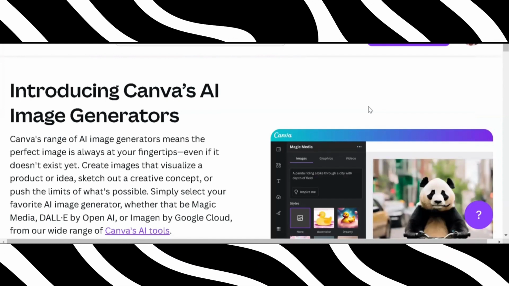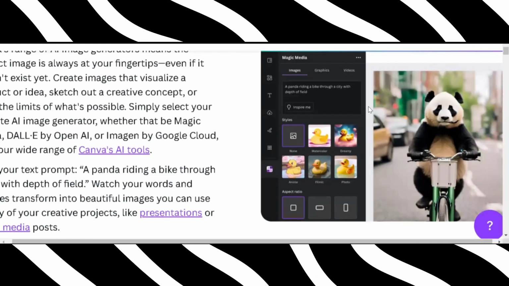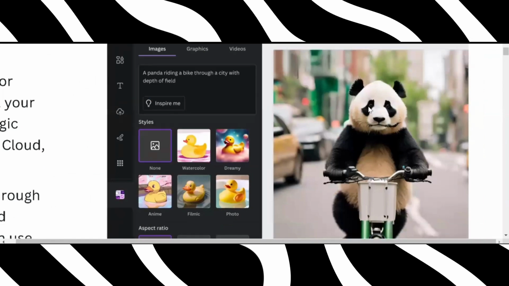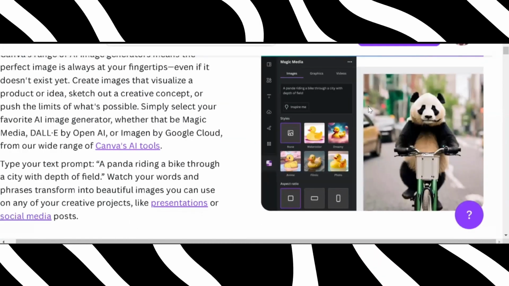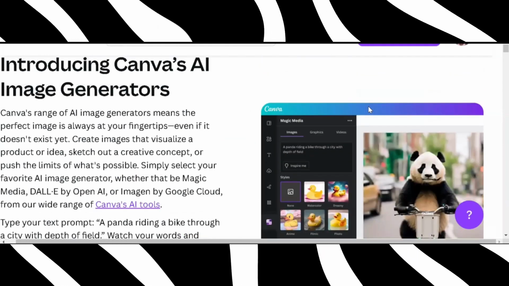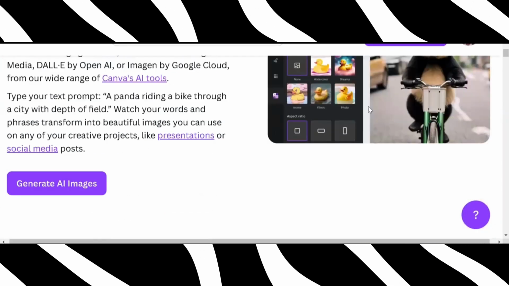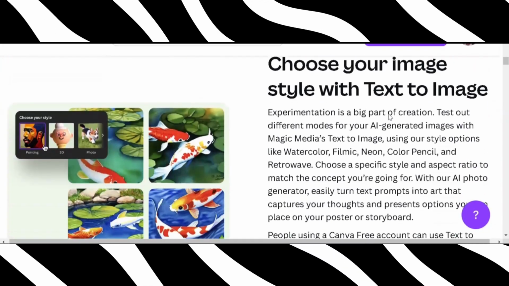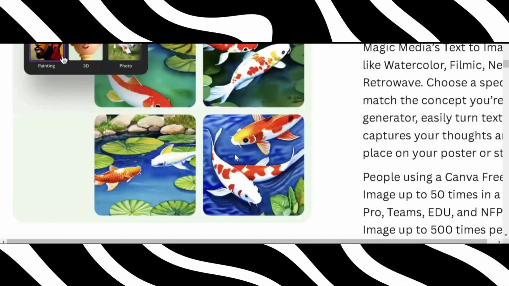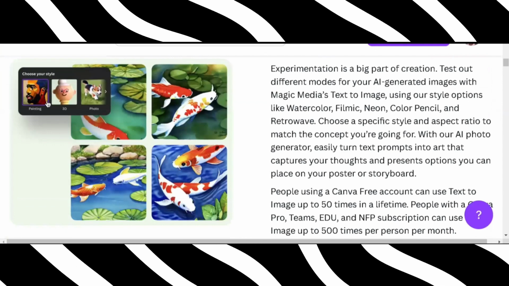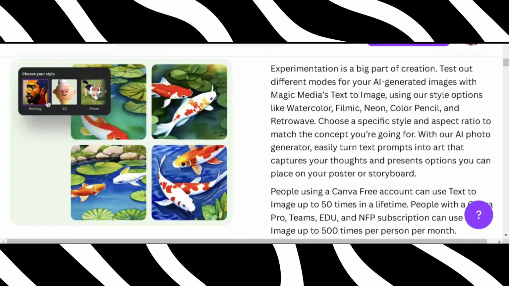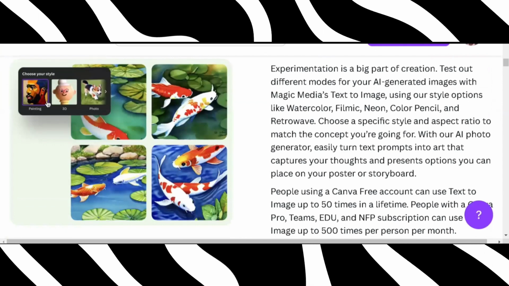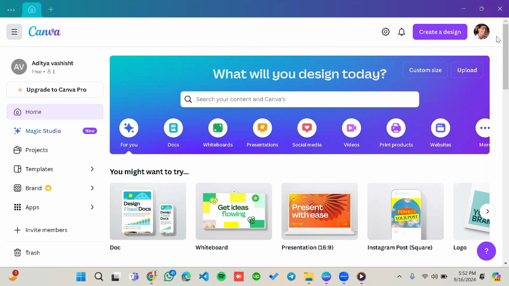But let's go through some of these features and why you would use this AI image generator. To give you some ideas, here's what Canva says. You can generate an image that you can't find in its library of images and media. You can also use it to visualize a new concept or ideas to test and experiment quickly. You can also create truly one-of-a-kind images for marketing assets as well. You can brainstorm, seek inspiration, and outsource some of the early creative thinking using text prompts, and express yourself and